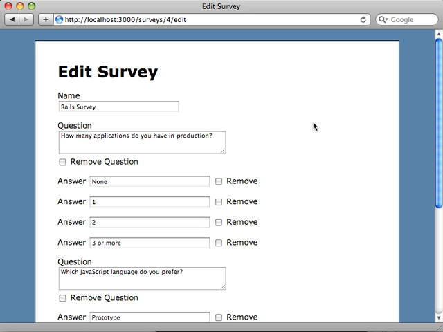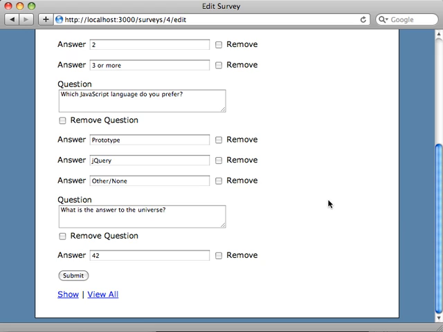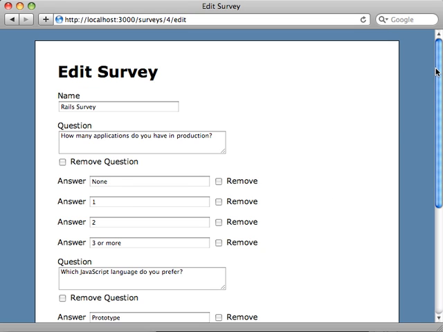In the previous episode, I showed you how to manage multiple nested models in a single form. So here we have a survey model, which we're editing, and a survey has many questions, and each question has many answers. Now I showed you how you can handle all of these in a single form using the accepts_nested_attributes_for method inside your model, which allows you to create and update and destroy nested records easily through